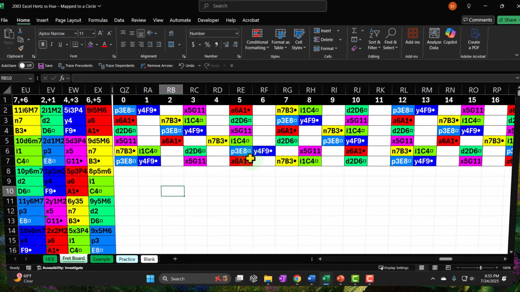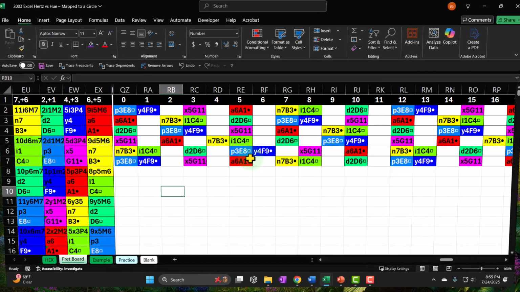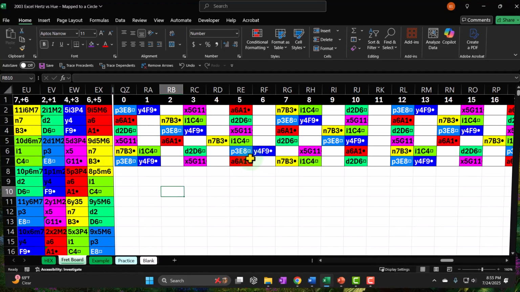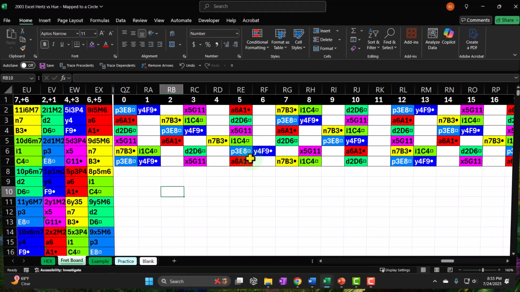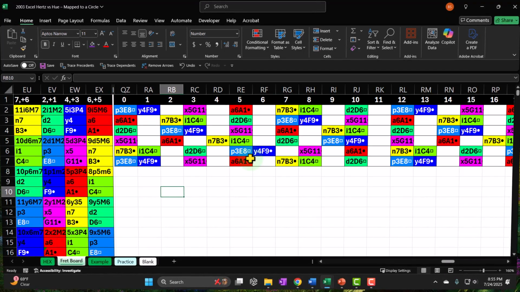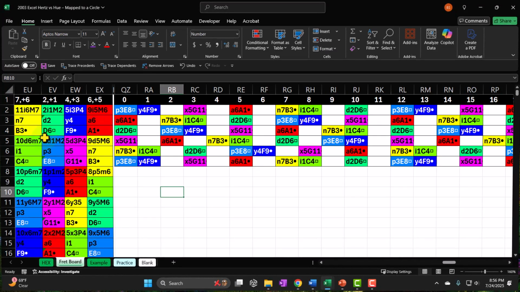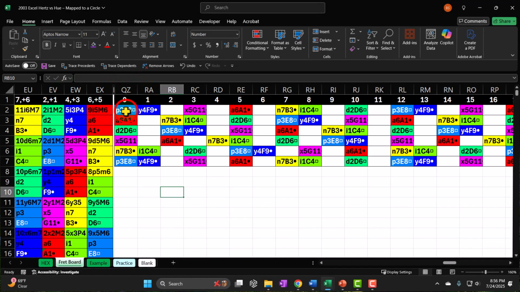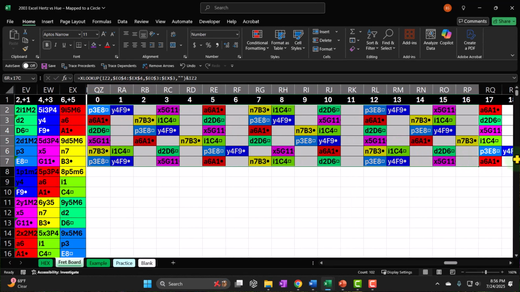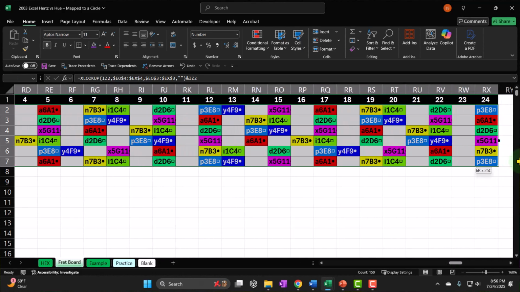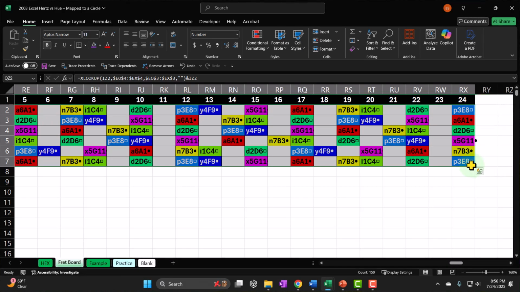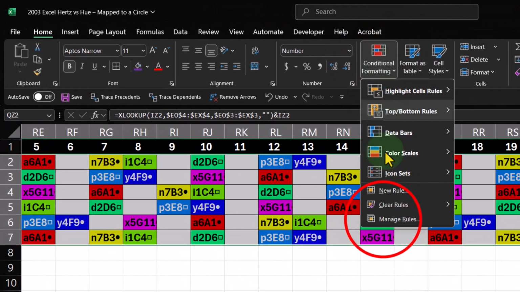We can also then have colors that blend together as we think about the idea of intervals, which are kind of like the average or log average of the colors. So I know this is a little bit overwhelming, particularly when we go over on this side. We could tone it down. We'll talk about how to do that later. But the general idea is, if you wanted to tone this down and just look at a few of these colors that we're going to be focusing in on, you could go in here and go to conditional formatting,